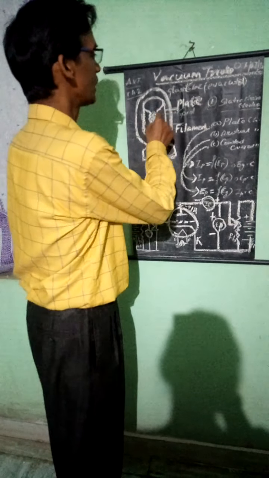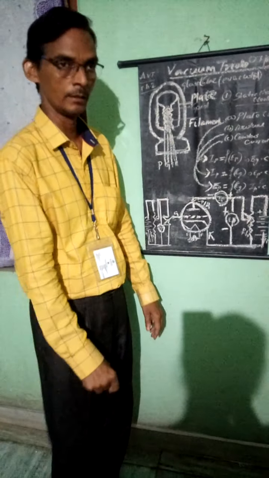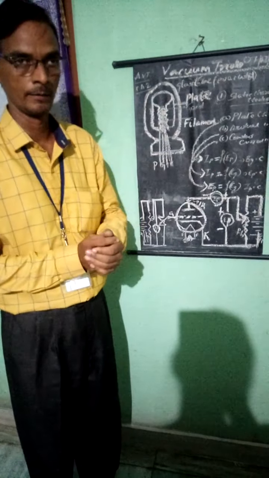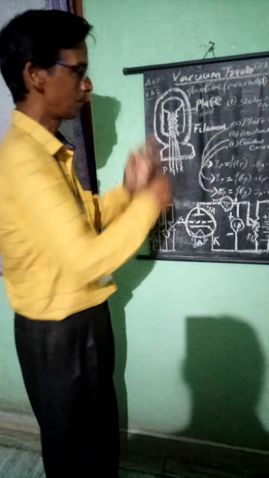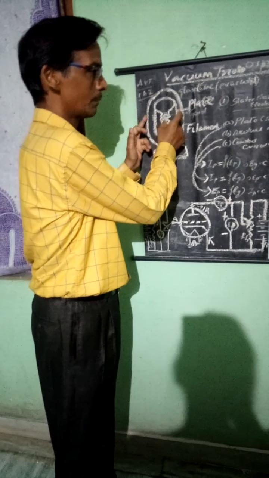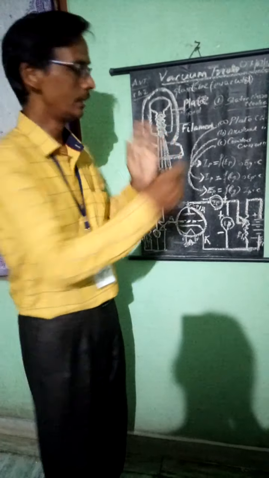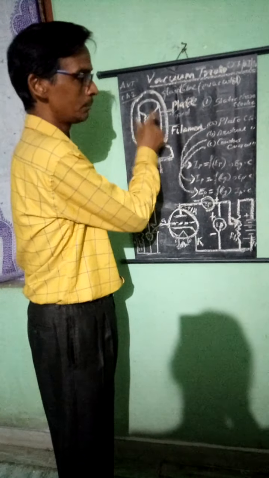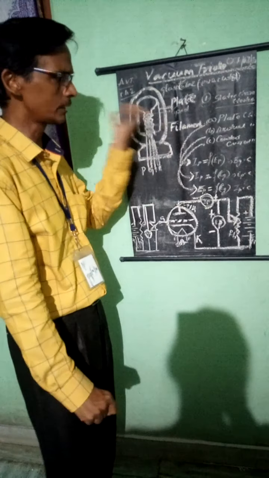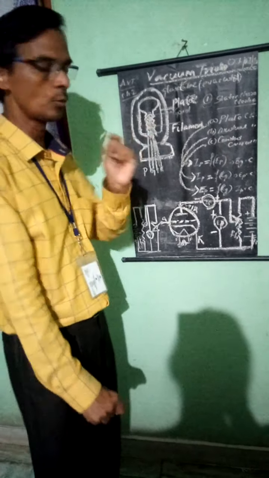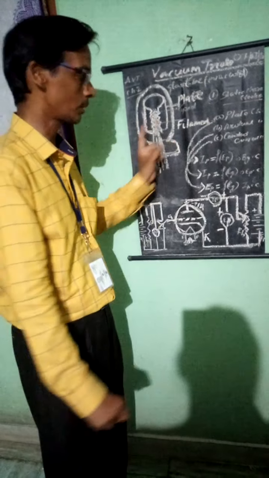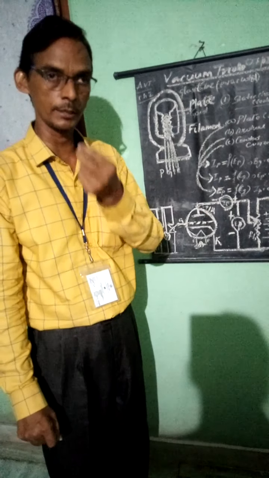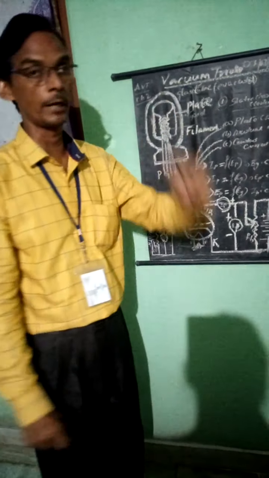Let us see now the operating principles. First of all, the gases will be evacuated, so that the glass or metallic envelope contains nothing. It is an evacuated glass envelope, arranged like this. But what is the operating principle? We apply a slight voltage to the control grid terminal. Due to a slight change in control grid potential, there must be a great change in the plate current.